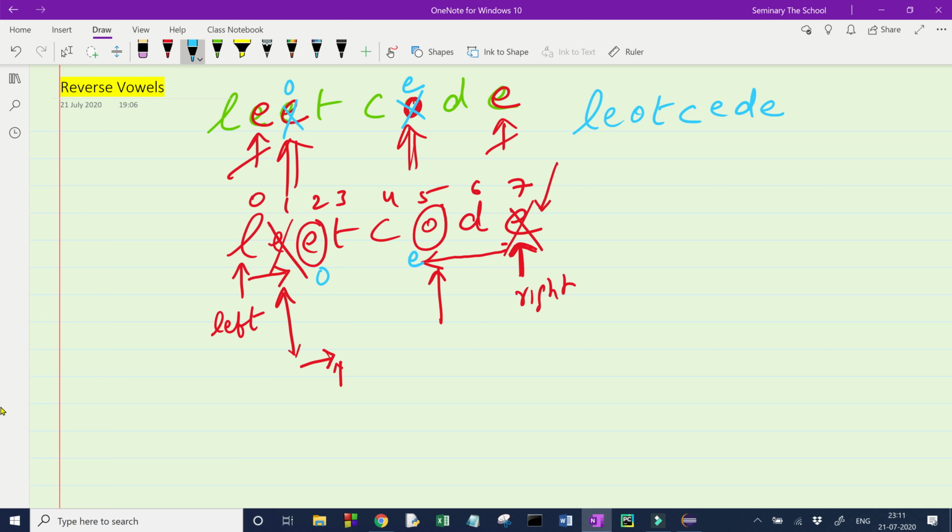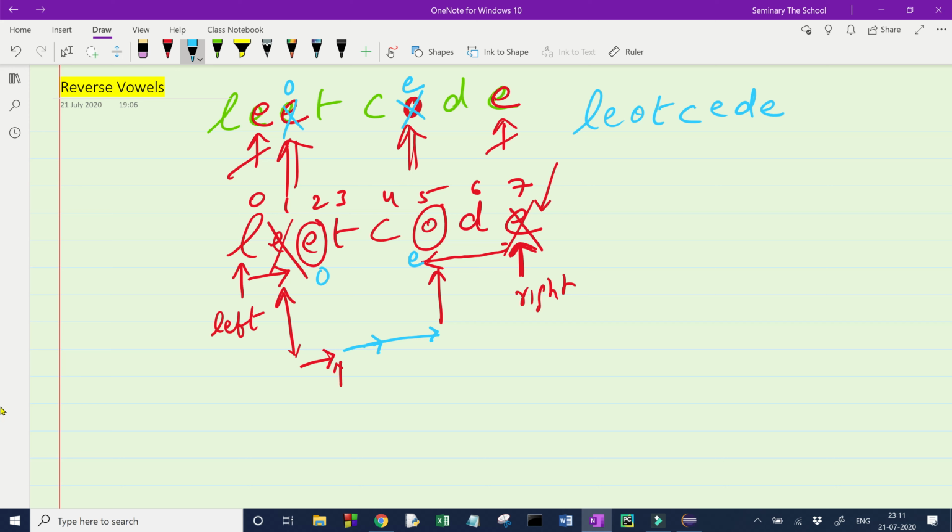Again, I will start going from left to right. Now there is no vowel. So ultimately I will reach a place where my left and right will be the same, and that is the point where my loop should stop.